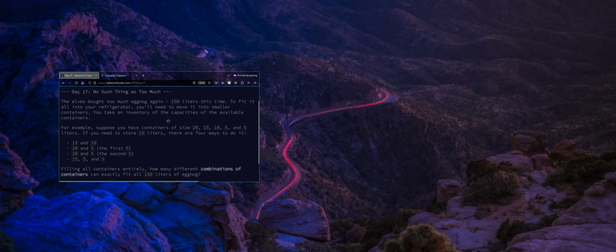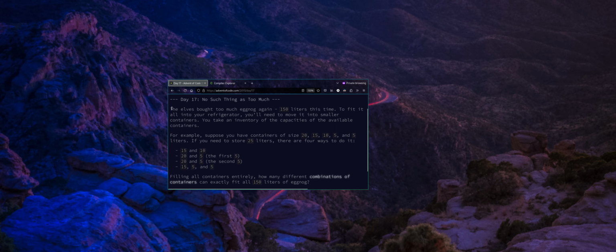Alright, so this is going to be a video where I go through Advent of Code 2015 Day 17, which has a really nice recursive solution that might help to explain a bit how recursion works. So, as a recap of what